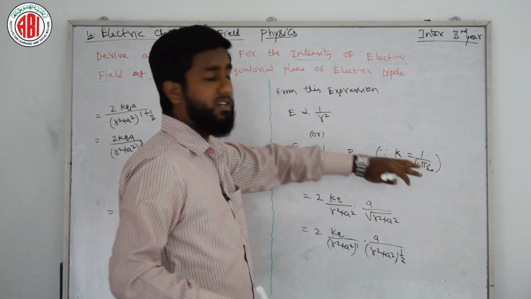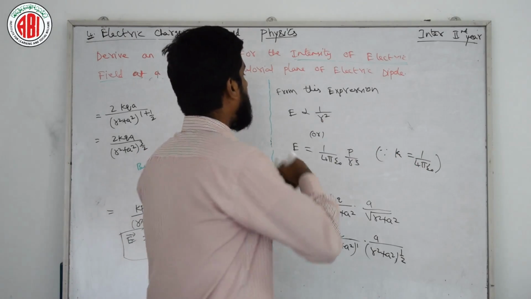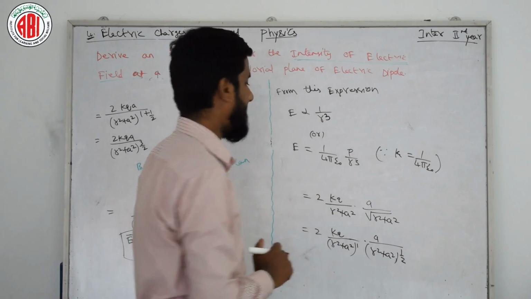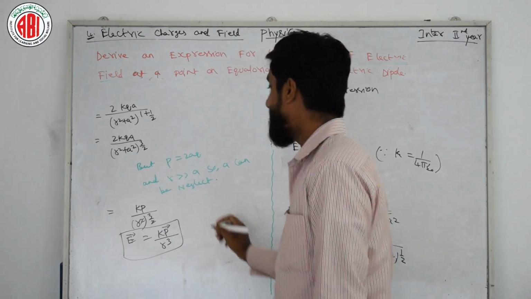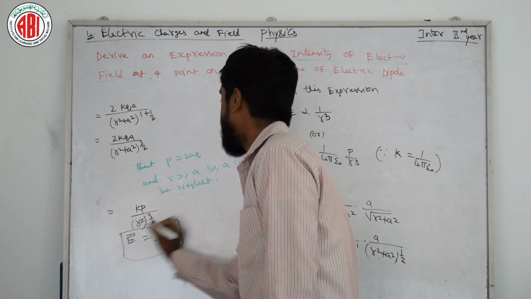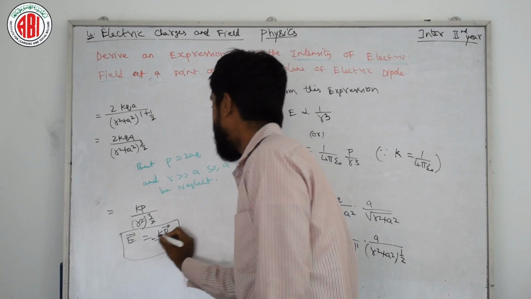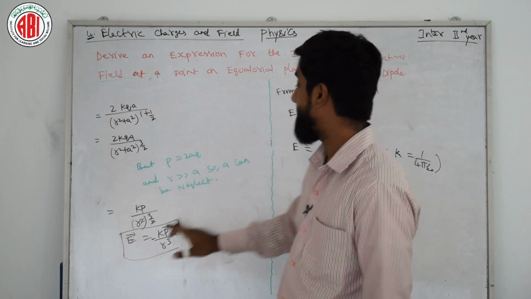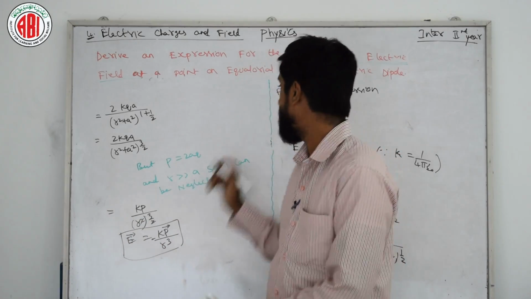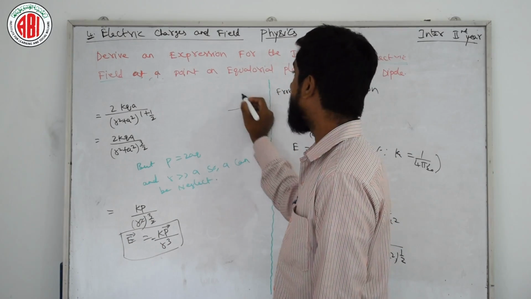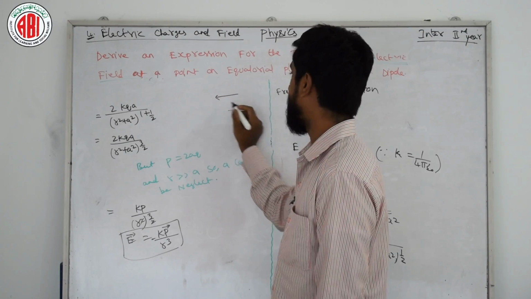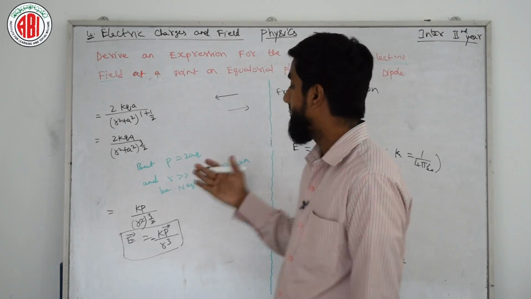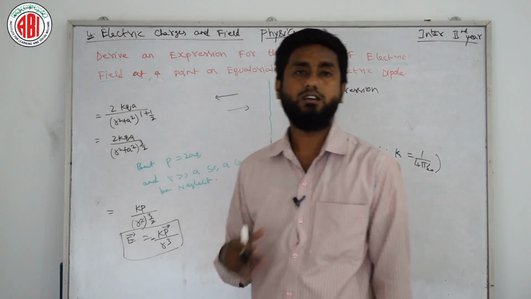So for that we can say that this equation, E is proportional to 1 by r cube. But when I want to put the vector bars on E and also P, it will be minus. Why will it be minus? The resultant electric field will be opposite to the electric dipole. How? You can see here, this is the electric dipole, whereas the electric field will be in this direction. So it will be the opposite direction. So we need to put minus here if we want to write the final resultant equation in vector form.